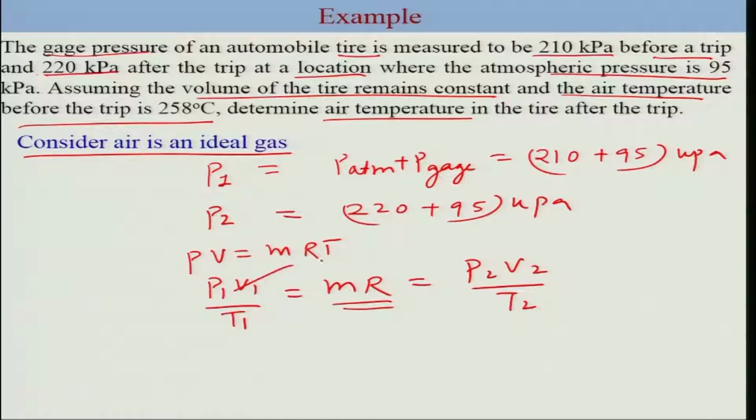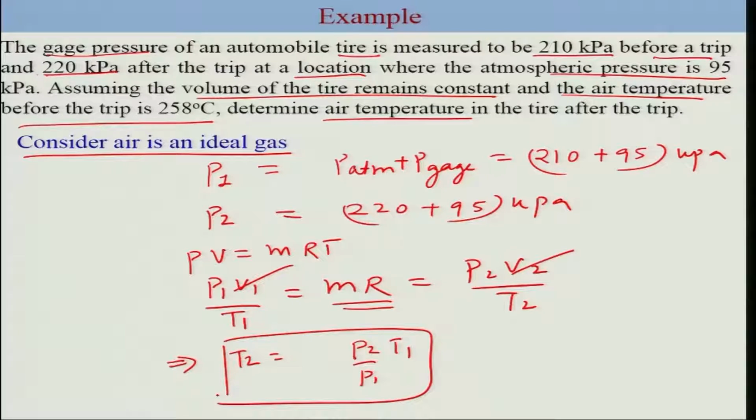Now V1 and V2 is constant, which essentially means I should be able to find T2 as P2 by P1 times T1, and this is how we are going to solve this problem by replacing P1 and P2 by this value, and T1 we know 258 degrees Celsius. So this is the way to solve simple problems such as by making use of gas approximating to ideal gas